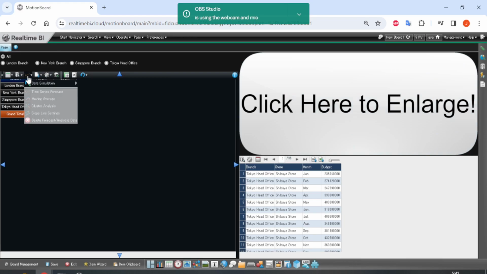Now another feature is data simulation. As interesting as it sounds, I'm not going to show you this one first, because to be honest, it's not used as often as you might think, or at least in my scenario. Now for the next menu though,